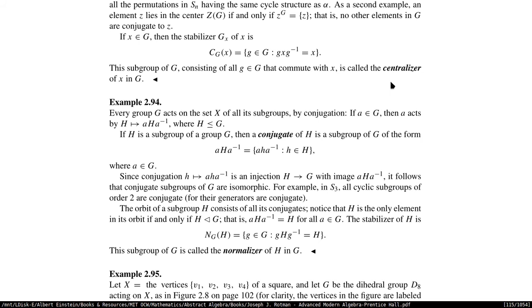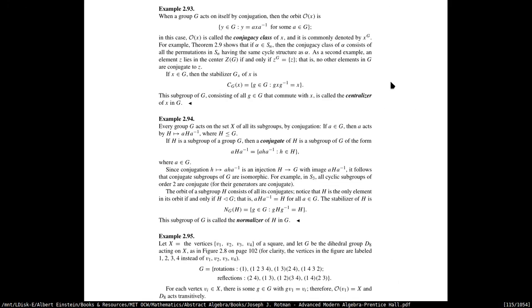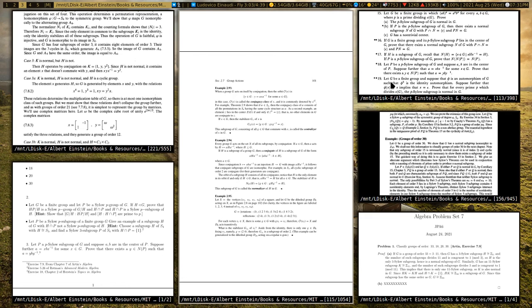Okay, so if Z is in the centralizer of A, we're always talking about the centralizer of A. Okay, so if Z is in the centralizer of A, we're going to look at